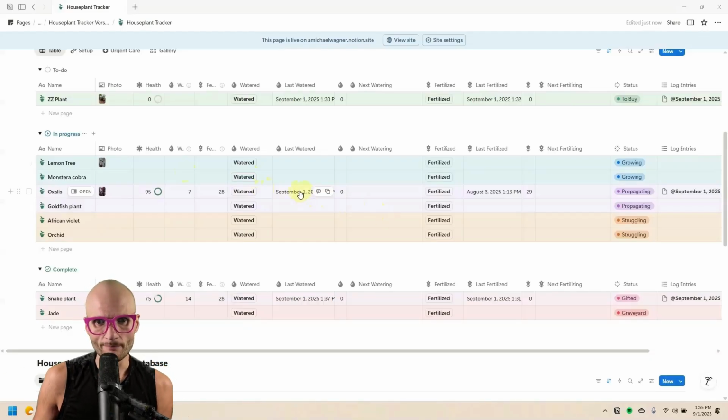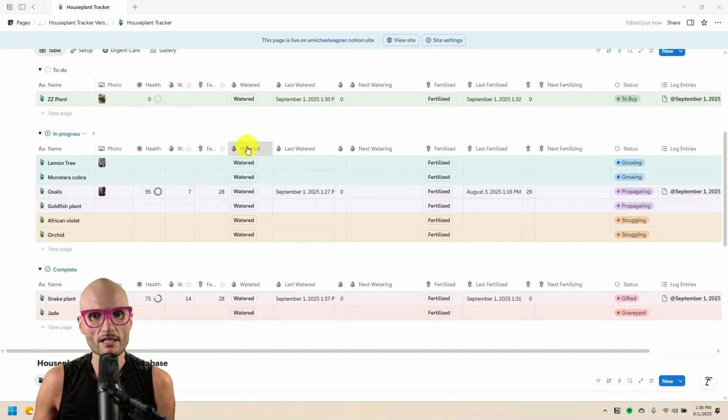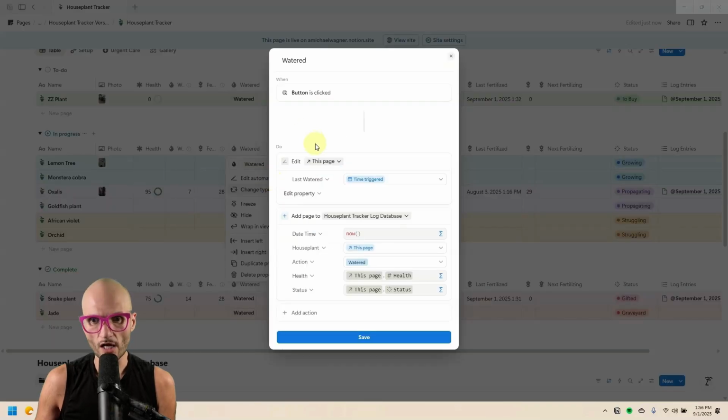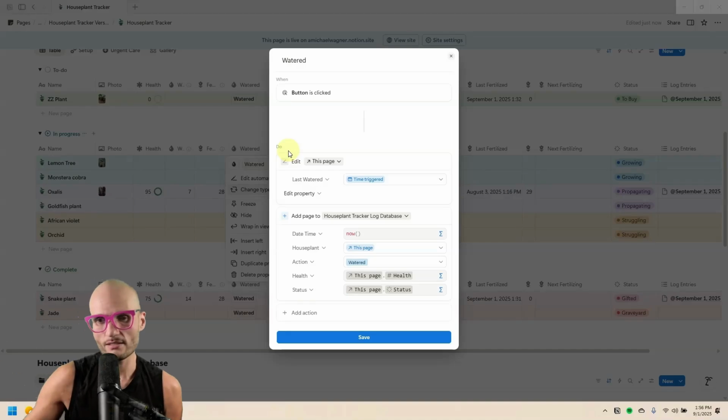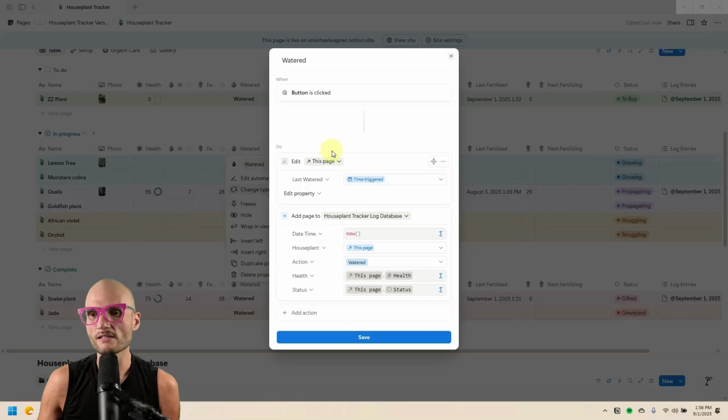Okay, so what we want to do is take a calculation between this and how many days we want to add to it, and fill this value out. We don't want to do it with a formula because we don't want it to be dynamic. We want it to stay static. So we want to edit the button to do our new stuff. And I actually recorded this a second ago, thought about it, and stopped and came back to this because I started editing the property on this page for next watering, but realized I want to make sure that the next watering is calculated after our last watered property is already updated. And I'm pretty sure it would be if I edited this here, but just a little bit of insurance,